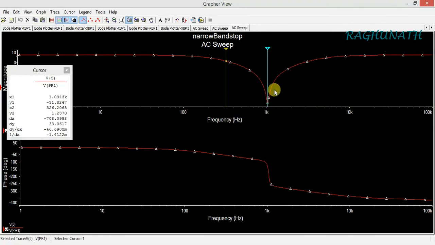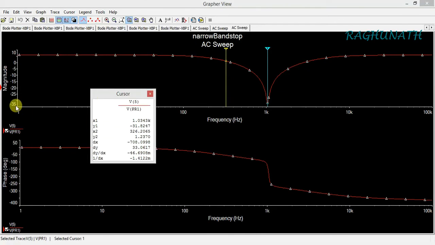You can see the gain is almost reduced. So it is giving y almost I think it is minus 33, minus 31.8. Y value is actually minus 31.82 decibel. Okay. And if you want to find the magnitude, so around here you have to put